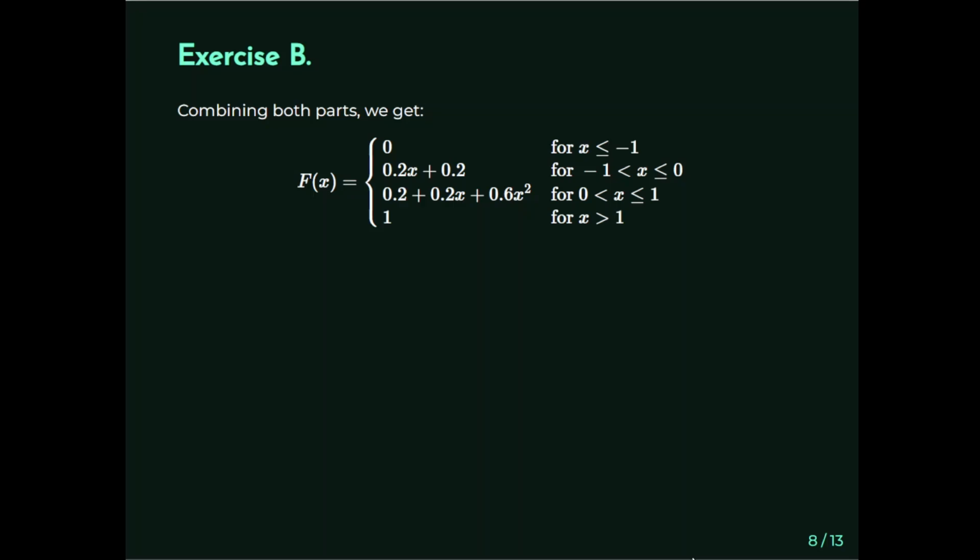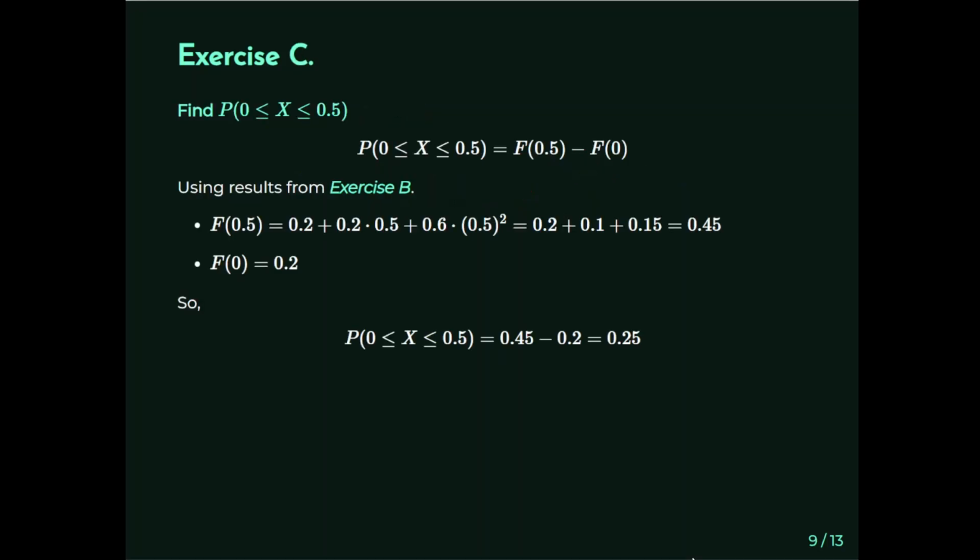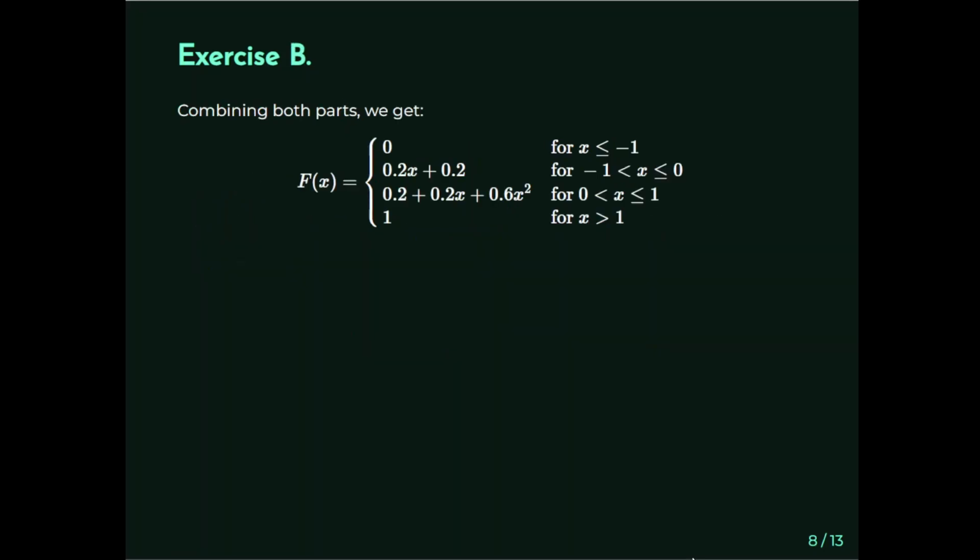So we would use the third case there, 0.2 plus 0.2 times x plus 0.6 times x squared. Okay, so that is 0.2 plus 0.2 times 0.5 plus 0.6 times 0.5 squared. Okay, so that is 0.2 plus 0.1 plus 0.15, which is 0.45. So the second thing we're going to do is calculate the cumulative distribution function at 0. Okay, so we can evaluate it there at the second case, 0.2 times x plus 0.2, which will give us